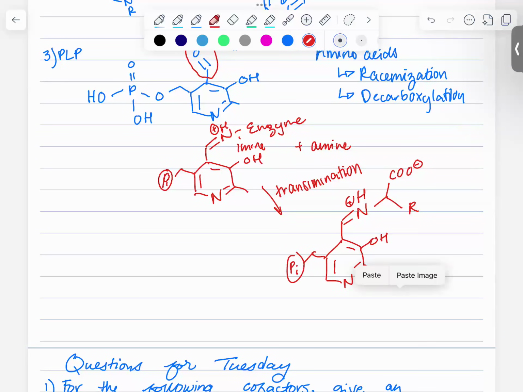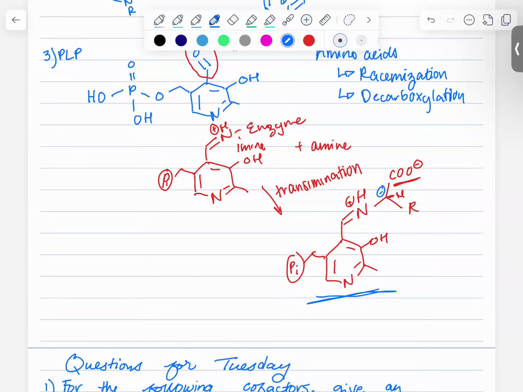So with an anion potentially stabilized by the rest of the PLP structure, we can see decarboxylation here, or we could see deprotonation, which would allow for racemization, where we end up eventually with an anion here. And so in the same way that TPP has a carbanion that we can draw resonance structures with,